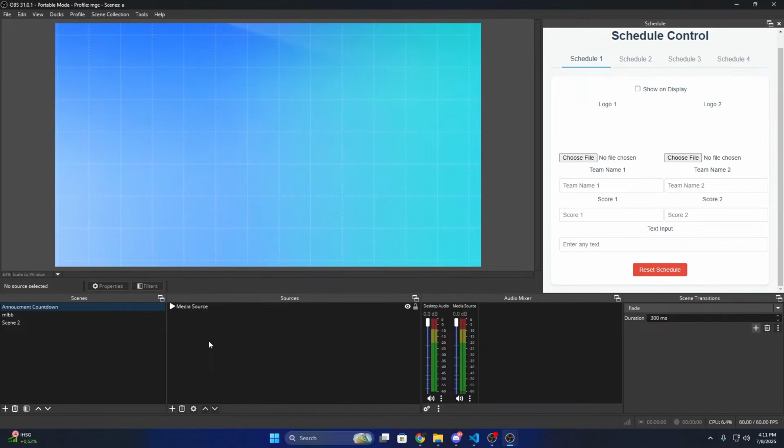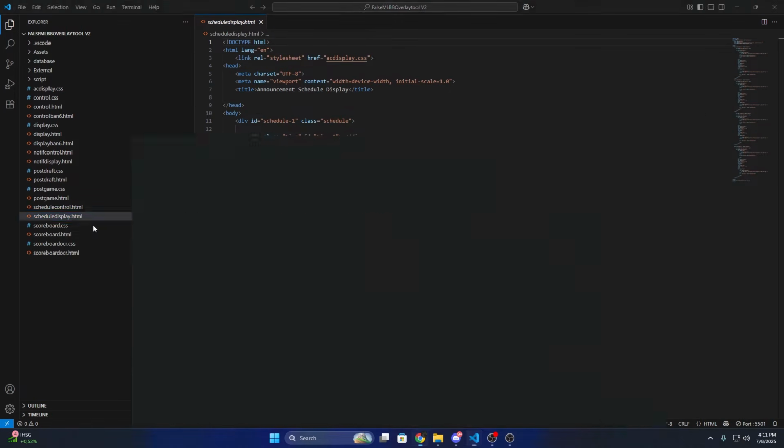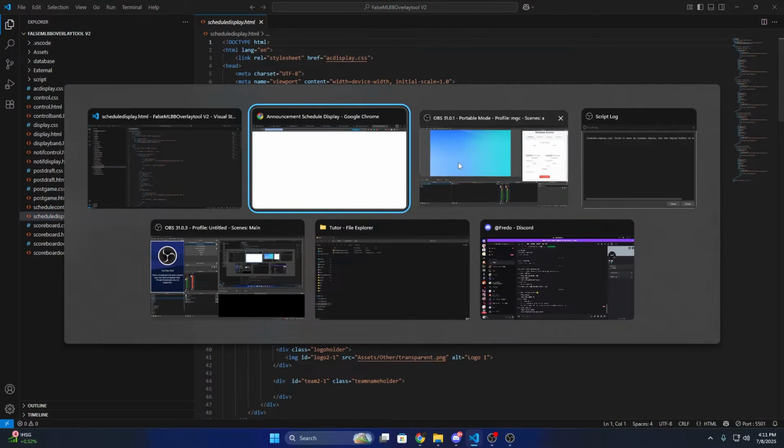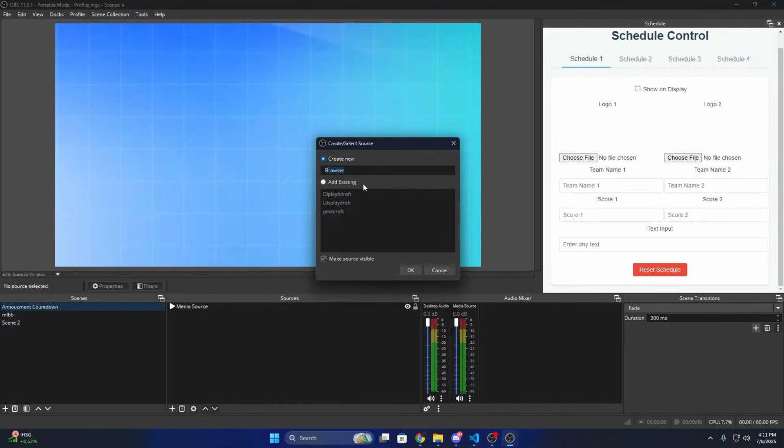And then the next step is you go to Visual Studio Code, back again to the schedule display, right click, open with live server, then you copy this. After you copy it, back to OBS Studio, click the plus button and browser, and then call it schedule display, and